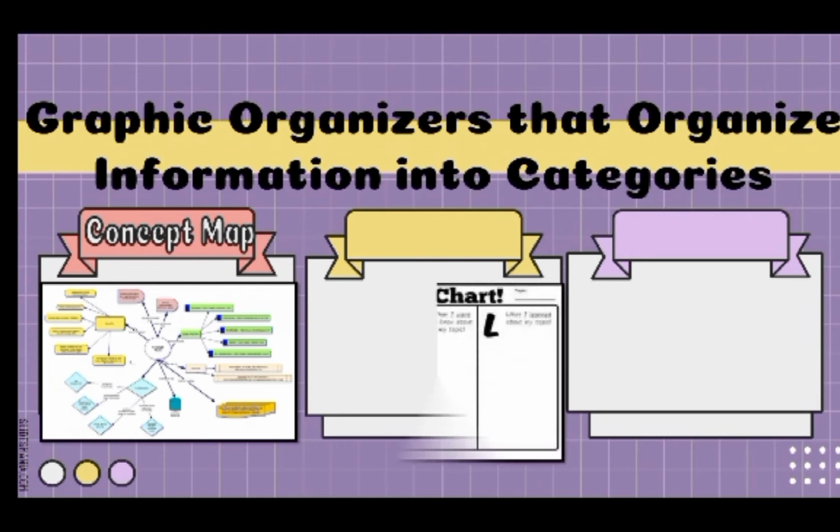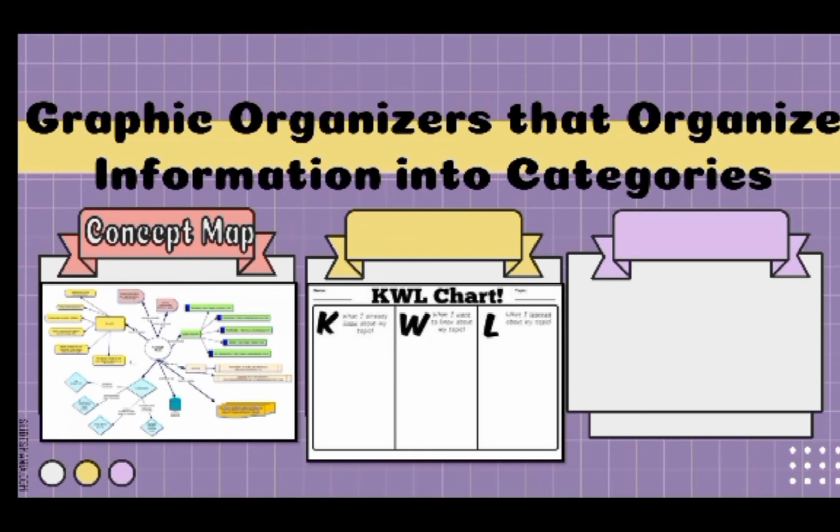The second example is the KWL chart. K stands for know, what you already know about the topic. W stands for want, what you want to know about the topic to be discussed. And lastly, L stands for learn. What did you learn from the topic discussed? To elaborate,